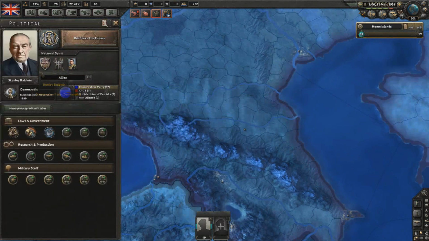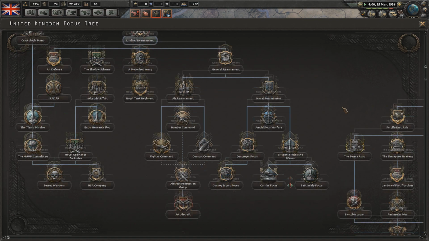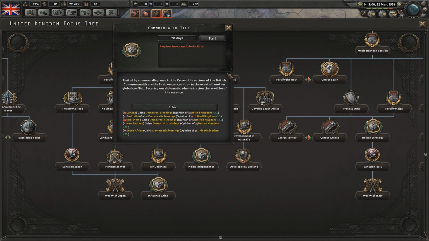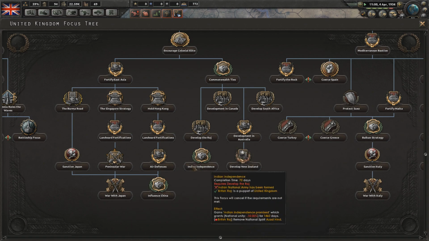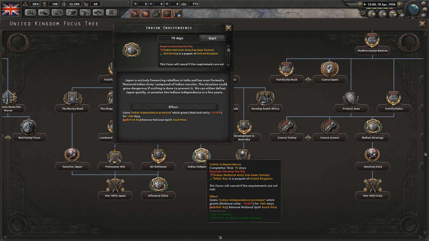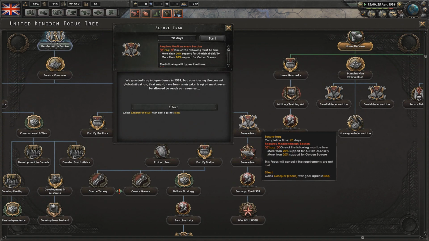So actually, do we have a... Okay, we're going to play that so I can keep going. Do we actually have a national focus in which we can invade them and get a conquer roll against them? Peninsular War, Sanction Japan, Air Defenses, Indian Independence. Balkan Strategy. Secure Iran, here we go, yeah, we actually have those. So if we can get...